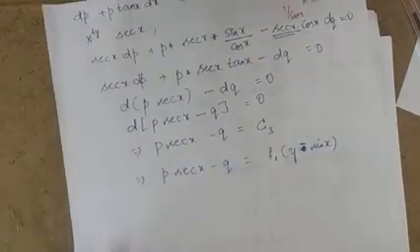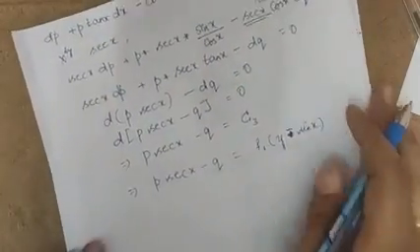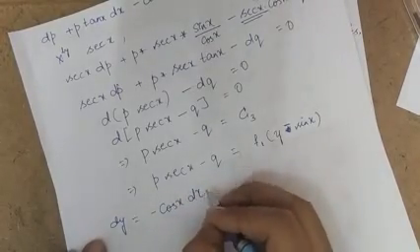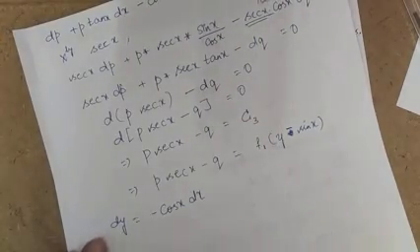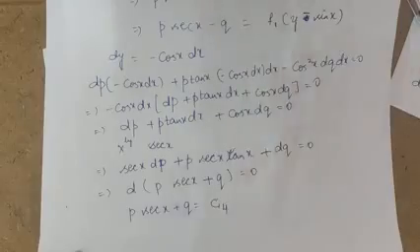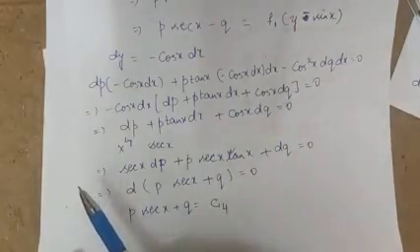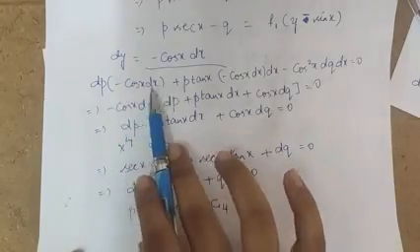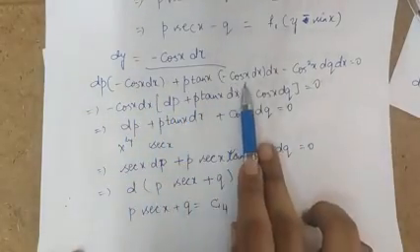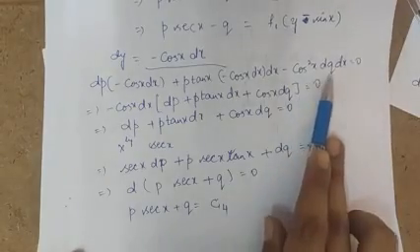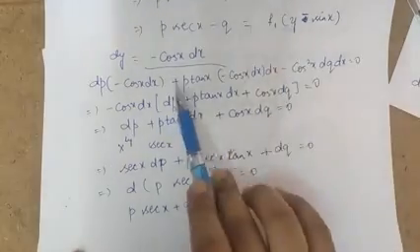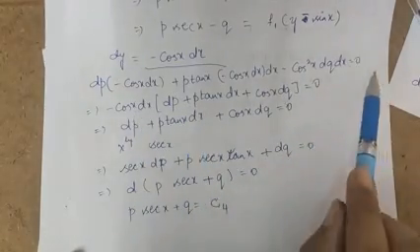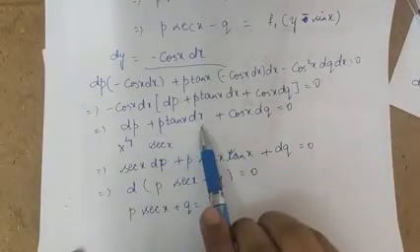So similarly, I have to find one more value, that is if dy is equal to minus cos x dx. So substitute this value in your equation number 5. Again I have substituted the value of dy in your equation number 5. So I will get dp into minus cos x dx plus p tan x into minus cos x dx, minus cos square x dq dx is equal to 0. So if you simplify this, taking out minus cos x dx as common, you will get dp plus p tan x dx plus cos x into dq is equal to 0.